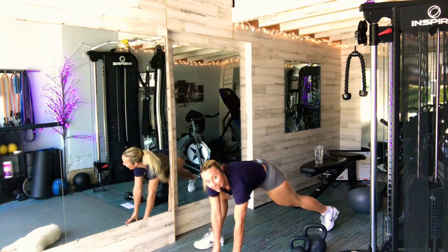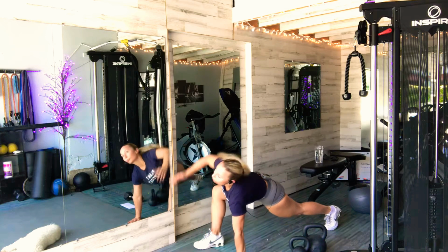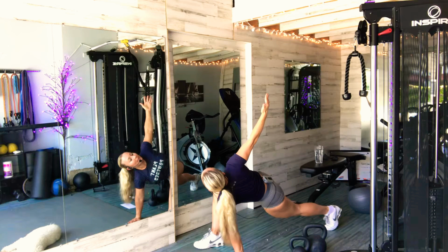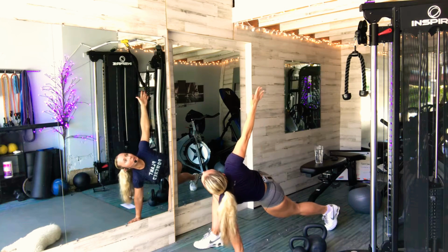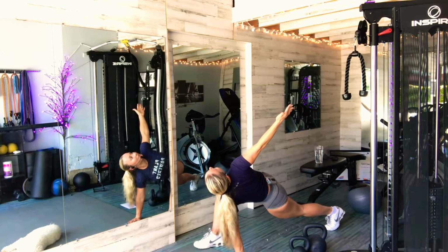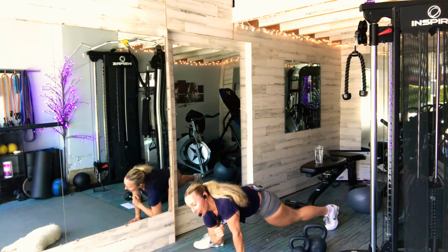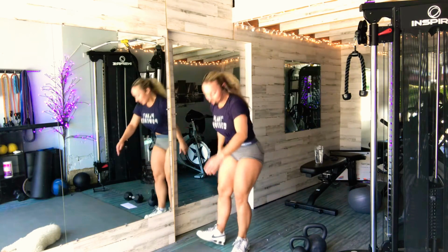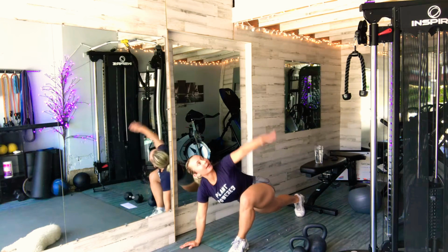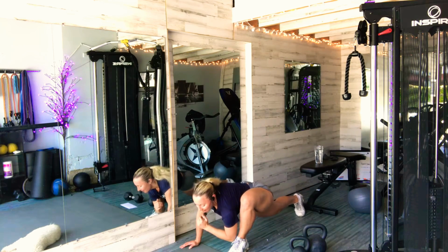And now we're gonna add an extra element of rotation. So we're gonna drop the elbow, and then we're gonna rotate, open our chest up. Our rotation comes at the lumbar region of our back, the lower part of our back. So we're working on waking and getting those erector spinae muscles active here. And then drop the elbow again, and we're gonna stand up, same thing. We're just adding that little element of rotation there to get our lower back prepared for everything we're gonna do